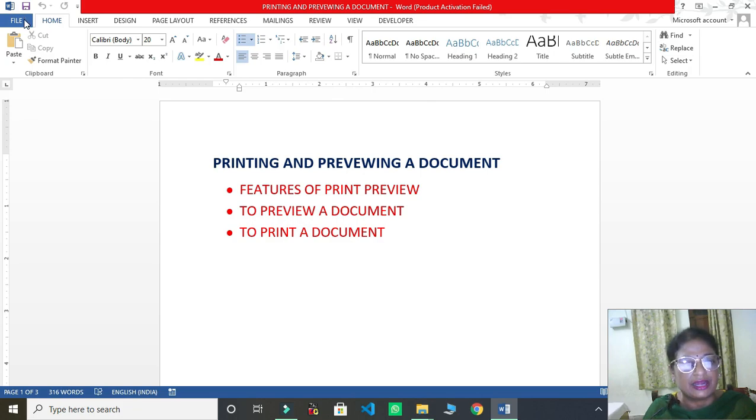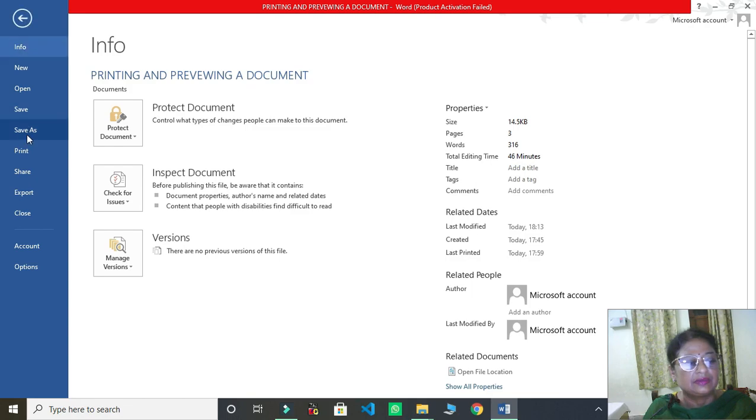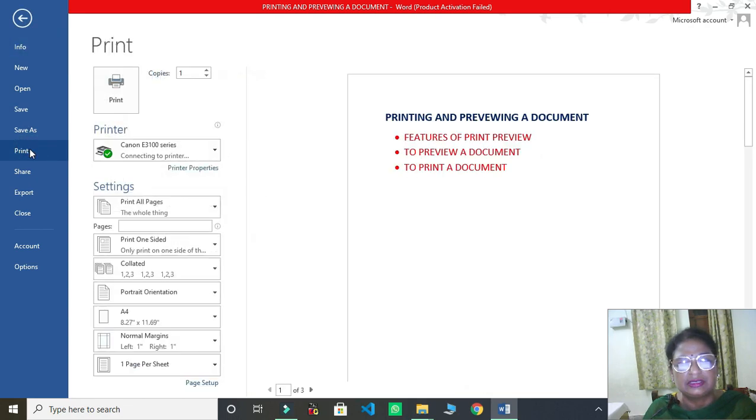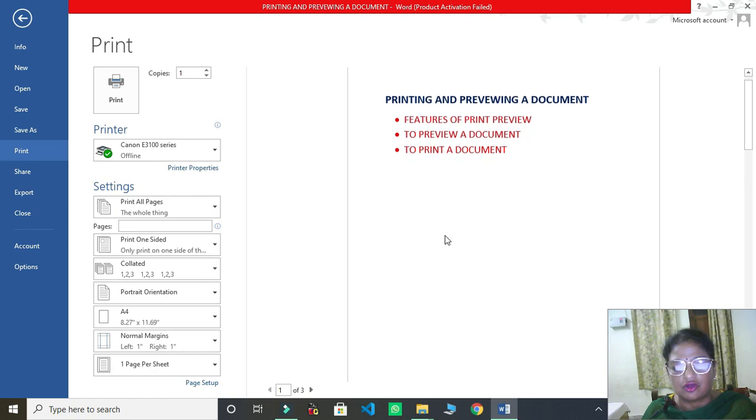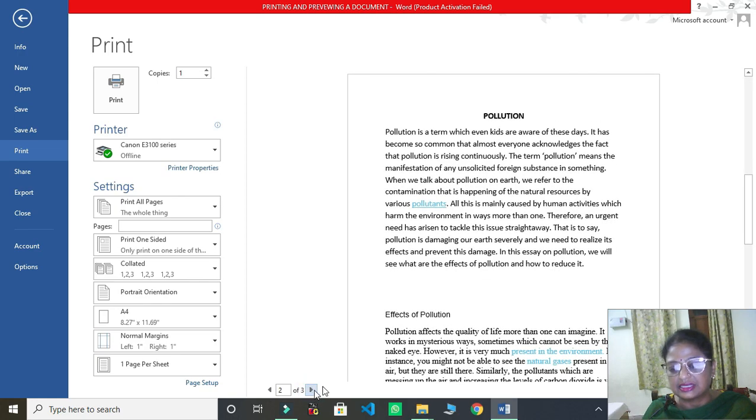So we have to click on the file tab, then we have to go to print option, and as soon as you press the print option, you will see these many options here, and in your right hand side automatically your document comes on the screen. So as you see, this is showing the first page of 3, because we have 3 printed pages. You can see here in the bottom, this is the current page, and we can see with this arrow what is the next page. So this is the next page.